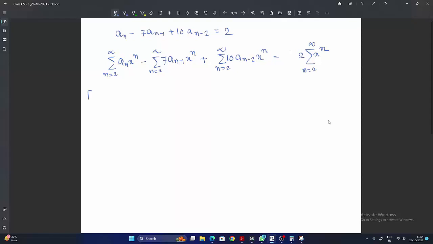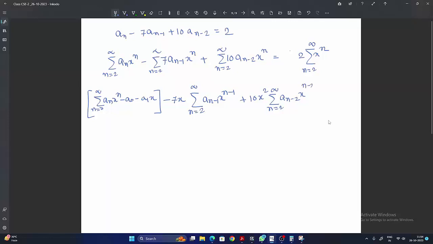तो अब सीरीज को कंप्लीट करना है, तो इस सीरीज को कंप्लीट करोगे तो n is equal to 0 to infinity a n x to the power n दोगे, उसके साथ माइनस a0 और माइनस a1 x जाएगा। इस सीरीज को कंप्लीट करने से पहले बाहर एक 7x लेना है, यानी कि you have to take one 7x outside। देन जो सीरीज होगा वो n is equal to 2 to infinity तक a n minus 1 x to the power n minus 1 जाएगा। देन प्लस यहाँ पर 10x स्क्वायर बाहर लेना है और summation n is equal to 2 to infinity a of n minus 2 x to the power n minus 2 जाएगा प्लस इज इक्वल टू, तो ये जो सीरीज है तो ये सीरीज x स्क्वायर से स्टार्ट हो रहा है, x स्क्वायर प्लस x क्यूब प्लस x to the power 4, यानी कि 1 और x दो टर्म मिसिंग है, तो सीरीज कंप्लीट हो जाएगा। तो इसलिए ये 2 जो है बाहर रहने दो, इसको n is equal to 0 to infinity x to the power n लिखो और इसके साथ -1 और -x दे दो, जो दो टर्म एक्स्ट्रा यहाँ पर लिया है उसको बाहर अलग कर दो।